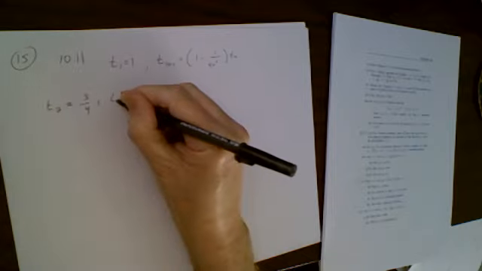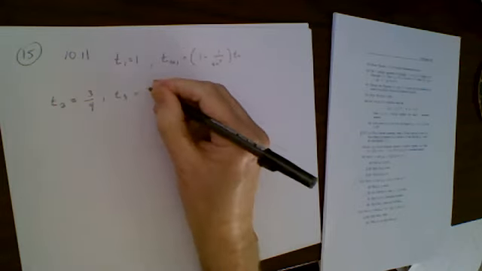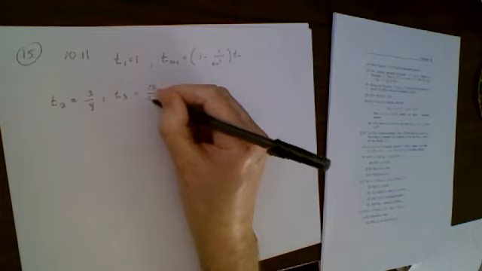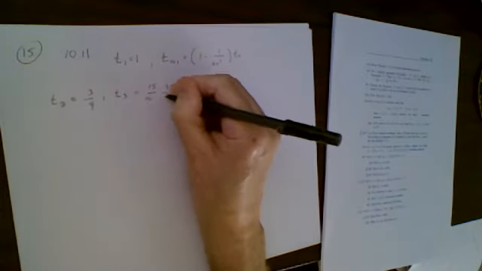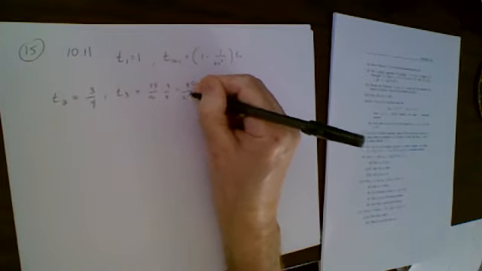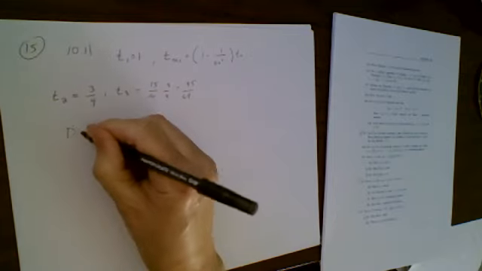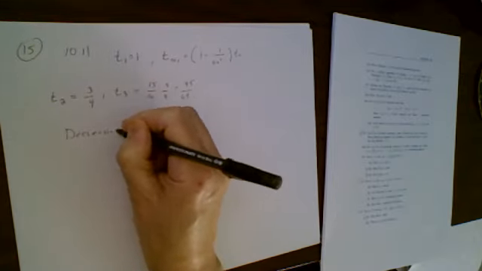So if we hope it's monotone, we're looking for decreasing. Let's look at T3. When you plug in 2, T sub 3 is 1 minus 1 over 16. So it's 15 over 16 times 3 over 4, or 45 over 64. Well, this was 48 over 64. This is 45 over 64. It seems to be decreasing. So, is it decreasing? Well, notice